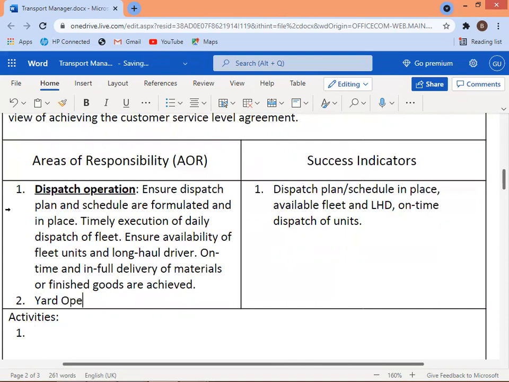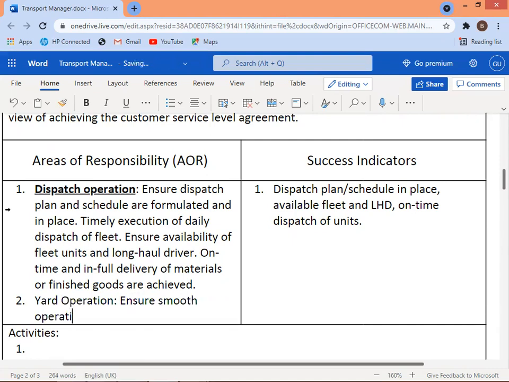So very important that you also have a separate operation. Maybe you have a dispatch manager under you, reporting to the transport manager, and you also have a yard operation manager, taking care of the yard operation business. So what is in the yard operation? I would say ensure smooth operation in the yard,